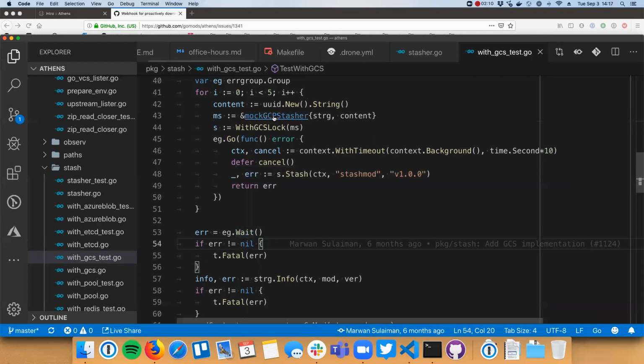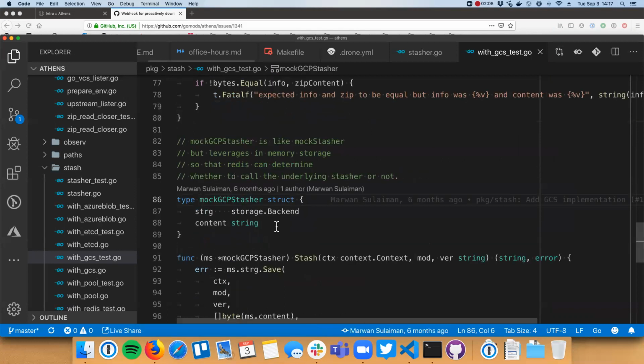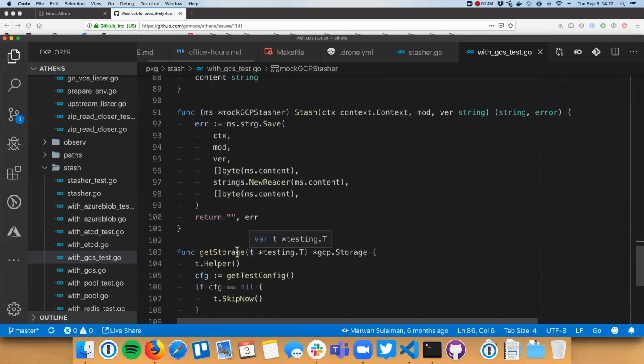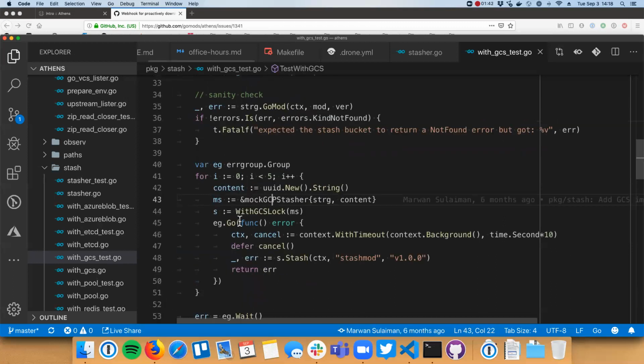Right. So if you want to take a look at the mock, if you just go to def on mock GCP stasher, you look at the stash function here. So it just calls storage save, and it returns the error that's coming from under the storage itself. And okay. So if you go back to this test itself,